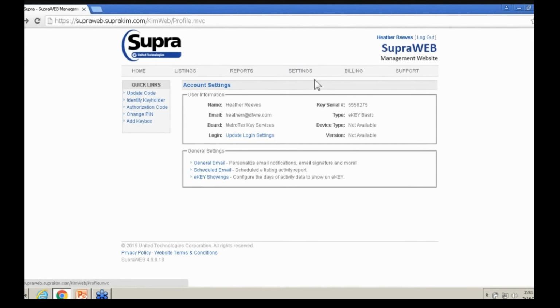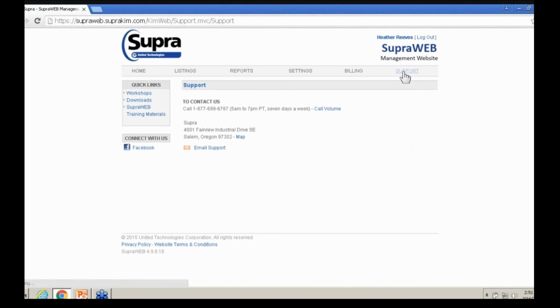Now, we're going to skim over billing because y'all pay Metrotech, so there's no reason to mess any of that information up. Right here at the very end is our support. So if you ever get stranded and you don't know how to maneuver around and you can't contact Metrotech, you can always click support